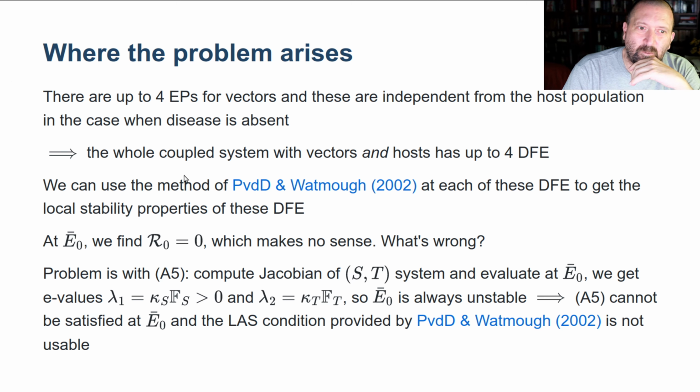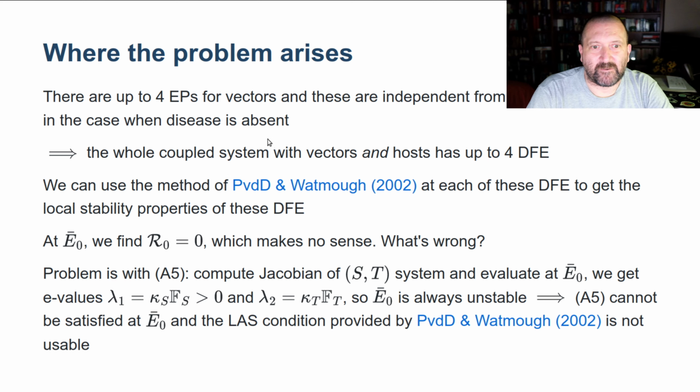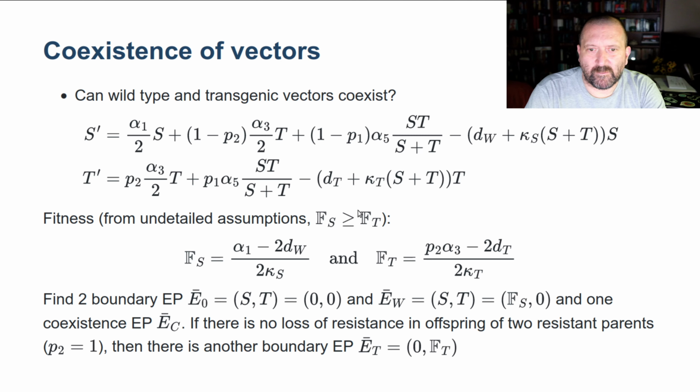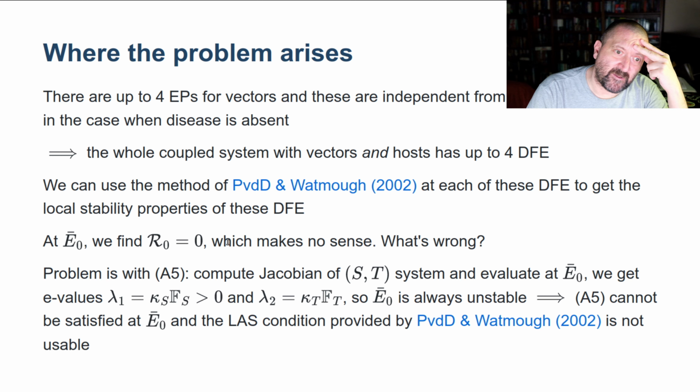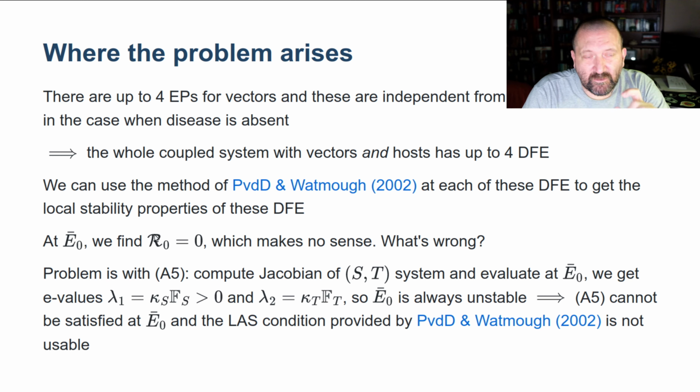And we were trying to use the method of Van den Driessche and Watmough to characterize this. And when we look at E0, so the equilibrium with extinction of both the wild type and transgenic mosquitoes, what we found was systematically that R0 equals 0, which makes no sense. And the problem here is with the assumption A5 in the paper of Van den Driessche and Watmough,